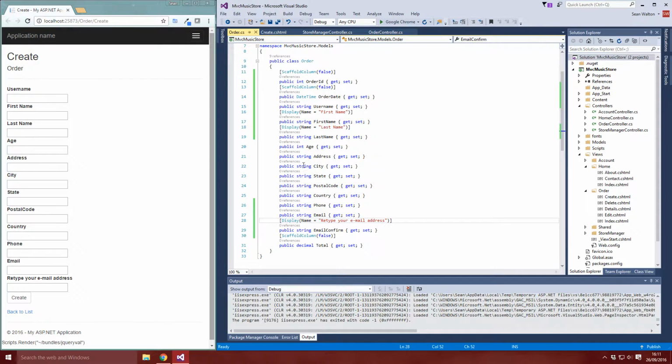Next one, which is really important, well, they're all really important, is the required annotation. So these ones here, display and scaffold column, are not really to do with validation. They're to do with the appearance of our form. They're adding metadata to this model, which can then be used to better format all this stuff. The next ones we're going to talk about are to do with validation, which makes sure that this model is correct before it's sent